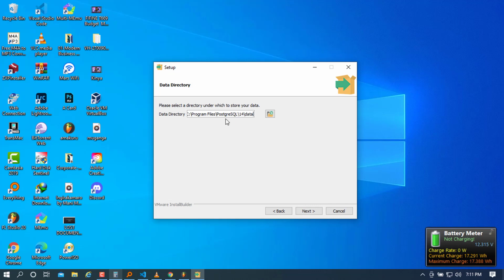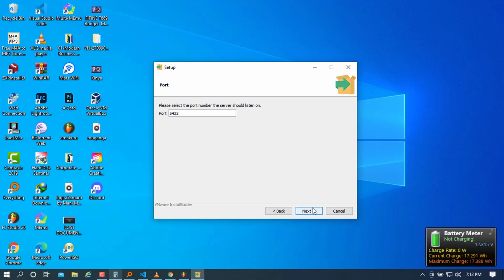And also this is where it will store our data. It will be on this folder that we press in, and also the data directory in front of it. Okay, so go ahead and press on next, and it will ask you to set the password. In this case, let me go ahead and set some password here. All right, and you'd have to repeat it to make sure that you are not messing up things, and